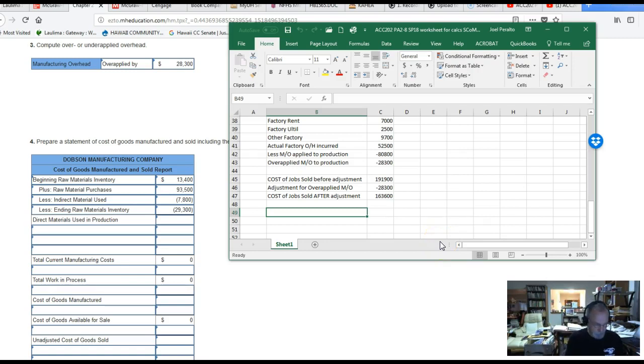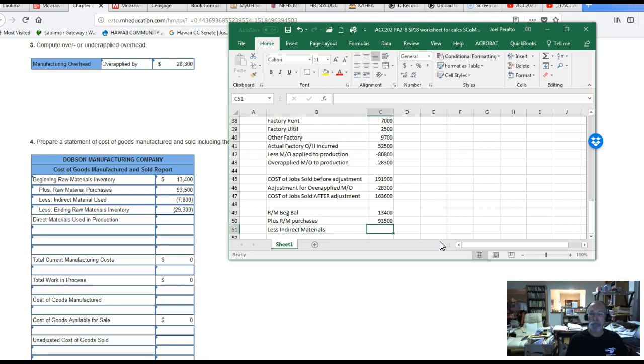And so we need to show beginning raw material, beginning balance 13.4 plus raw material purchases 93.5 less indirect